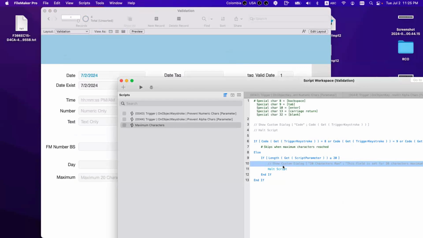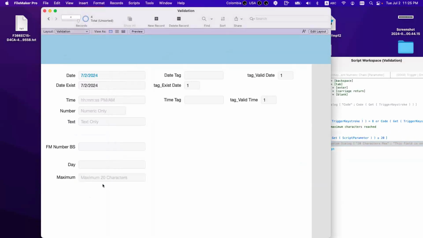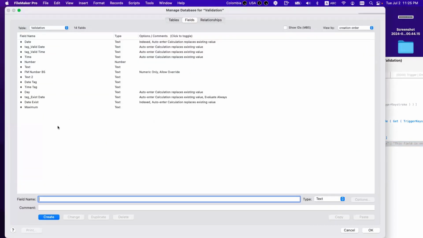Now we have another interesting thing, because this is a maximum, but we also want the minimum, right? That's why you need the tag. I have many tags here I'm going to show you, but let's do a tag.